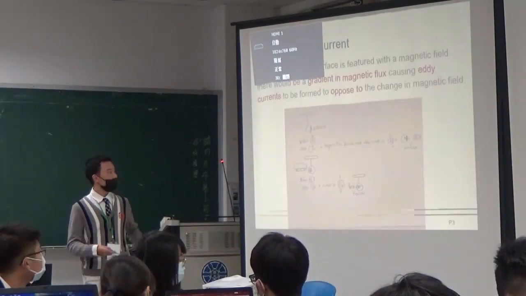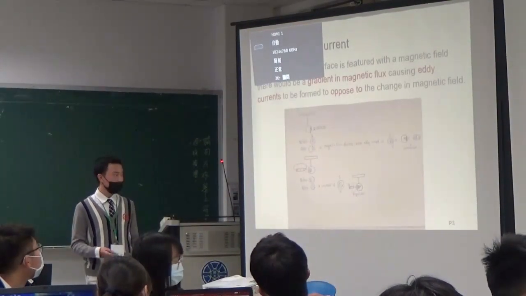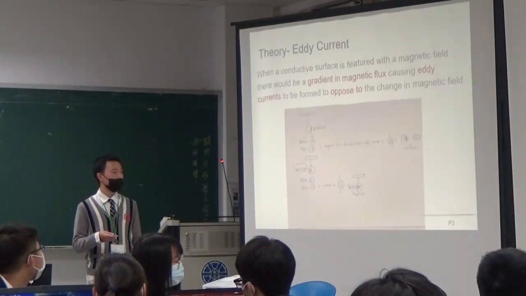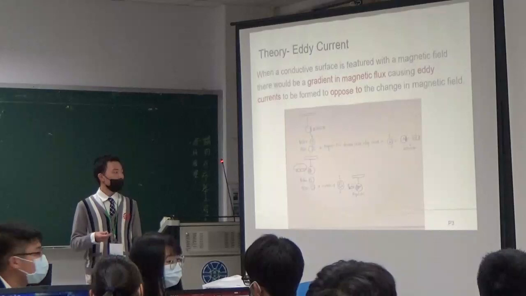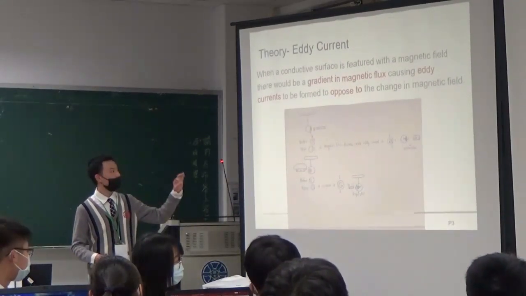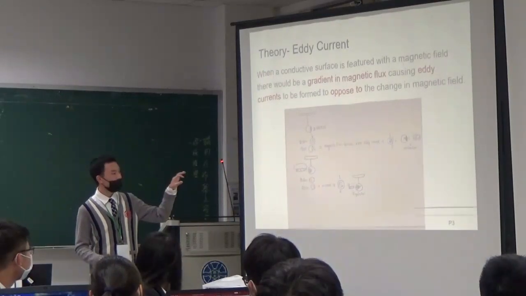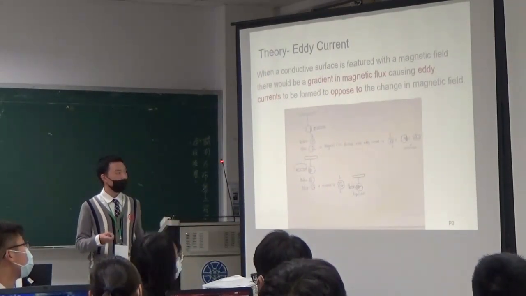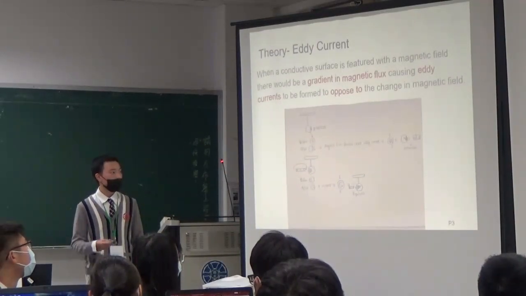From the picture, if we put a magnet with an end pole next to the conductive surface while it's spinning, after the area close to the magnet passes, the magnetic flux decreases, which causes eddy current to